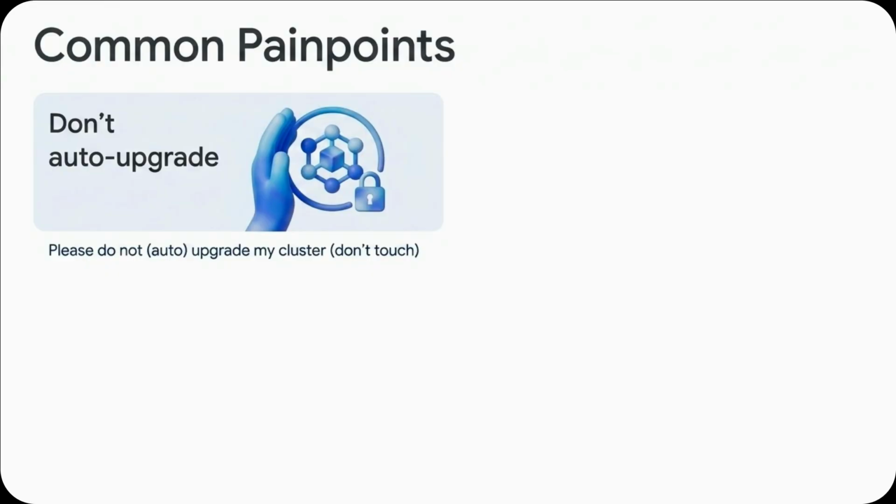So what we hear from customers is basically, please don't upgrade me. Specifically, they don't ask to not auto-upgrade, right? But then it usually comes to don't upgrade. Don't touch, we'll figure it out on our own. In principle, there's nothing wrong with that approach. GKE even provided capabilities. If you're running on a node channel or static channel, depending on how long you have been with the journey, you are able to get to the point where you're not going to upgrade that often, and everything that comes with that. So it's not just not auto-upgrade.